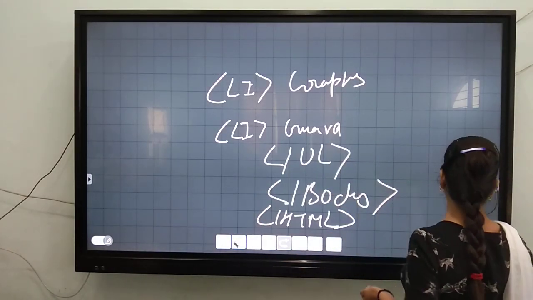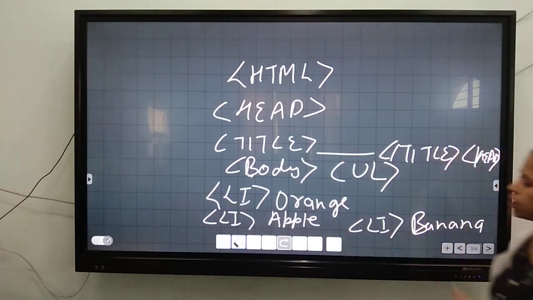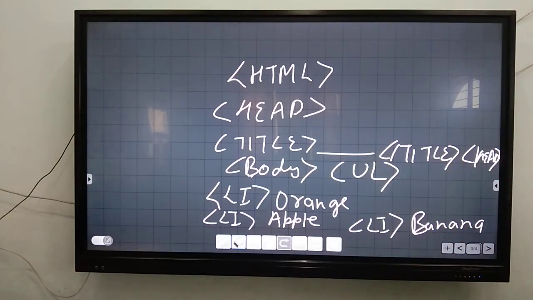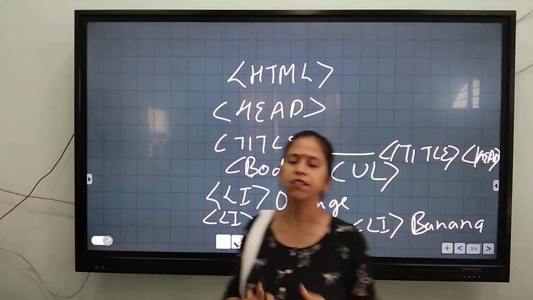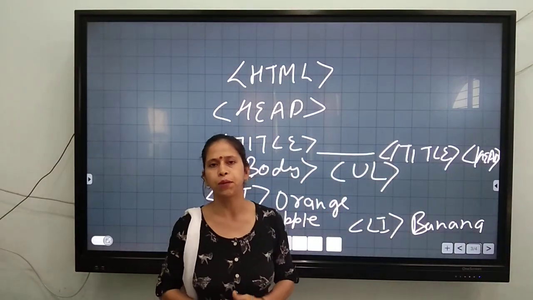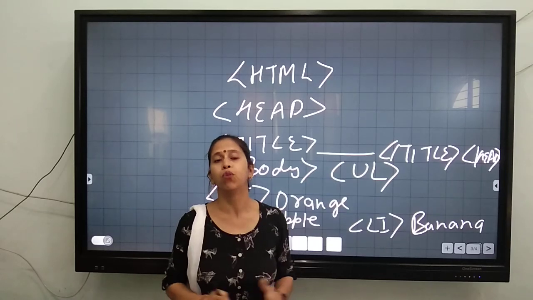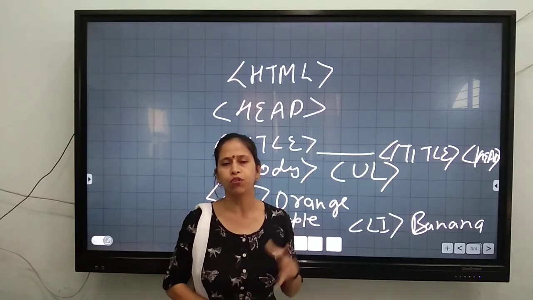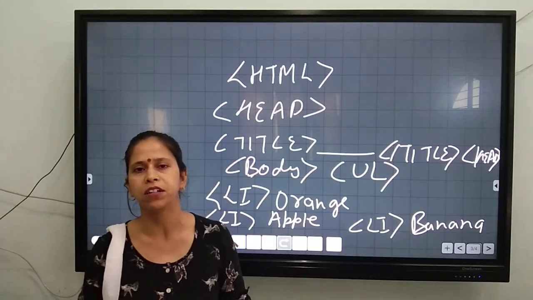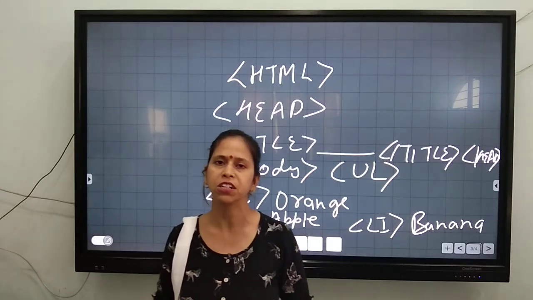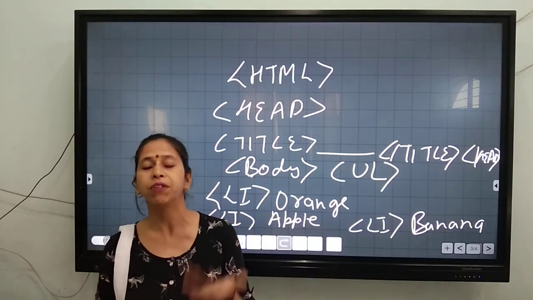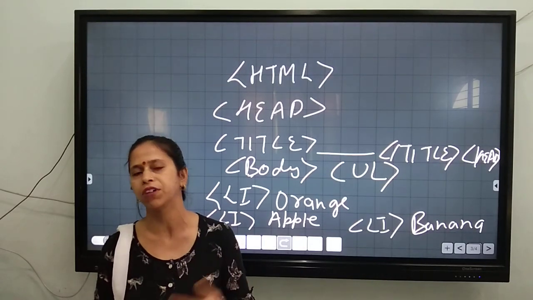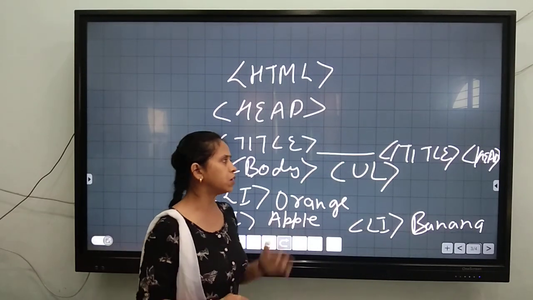The output will come like that. One thing I forgot to tell you. In the case of unordered list, there is a type. This type can be round type, square type, bullets type. You know what a bullet and numbering is when we are making a PowerPoint presentation? We have some bullets options, which we use when we want to give text in a sequence. The same is the ordered list.